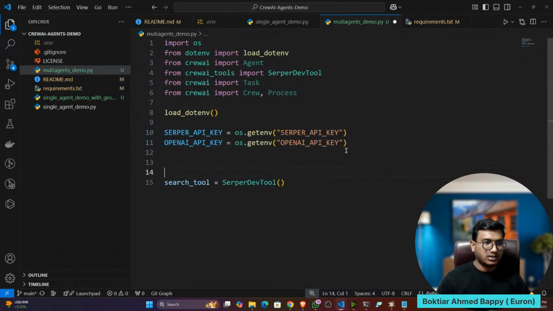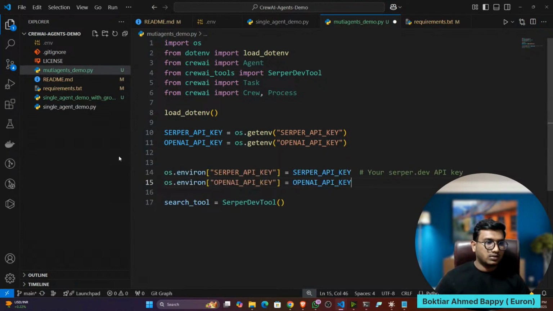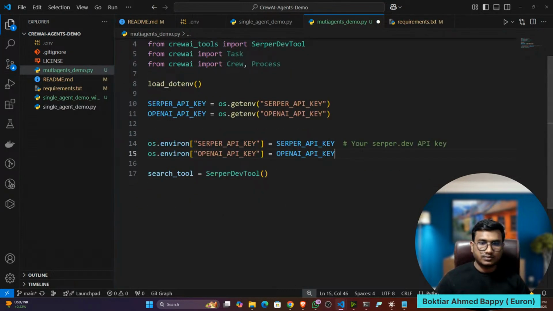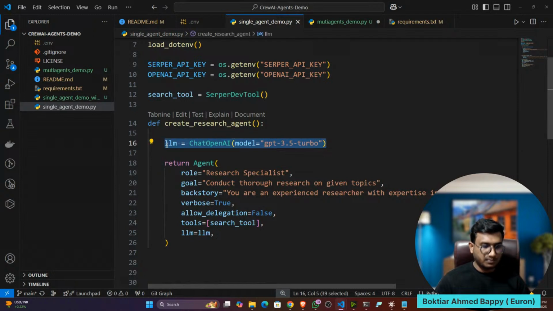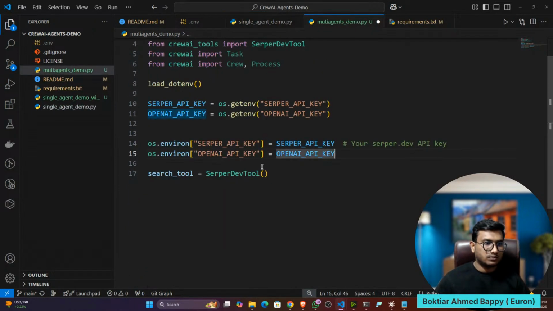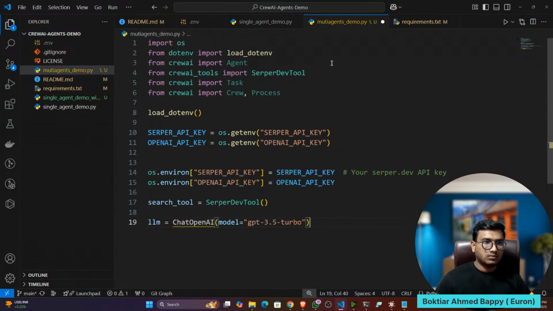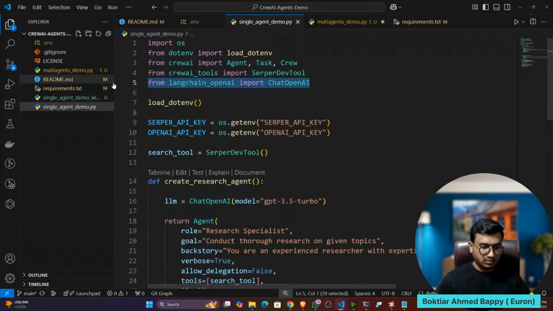But before that, let's set the environment. Then we'll take the LLM. Here, let's import ChatOpenAI.